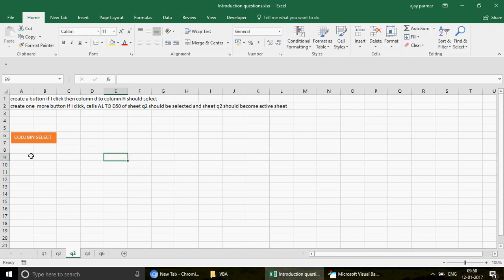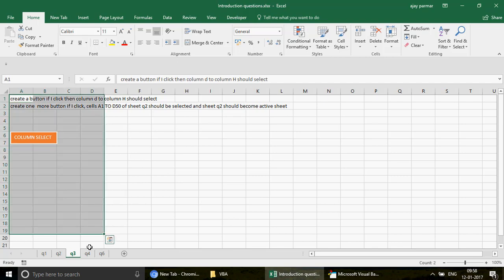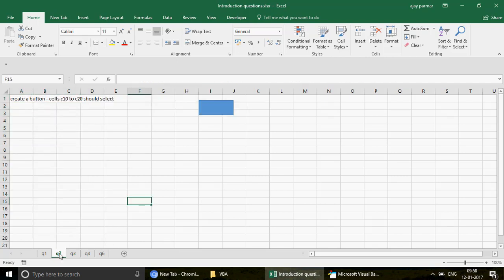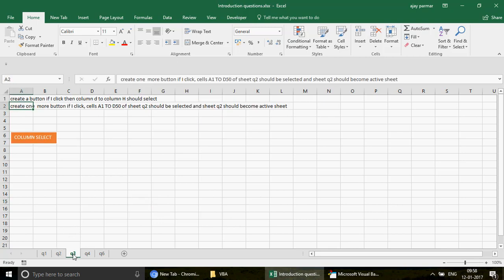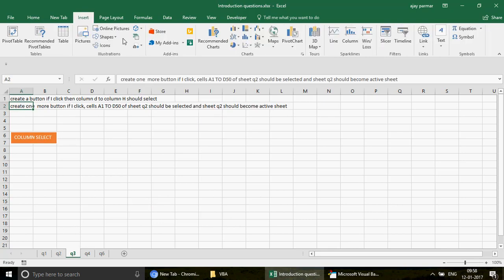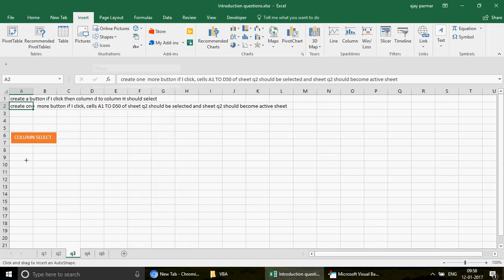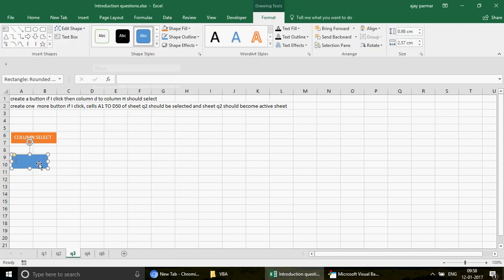Now the second macro is that if I click on that, then A1 to D50 should be selected, but that A1 to D50 should not be in this sheet. We are not talking about this. We are talking about actually the Q2 sheet. So we have to first go there. So as usual, let's go and hit on the shapes. Let's create the macro. So I just go and use this shape. I create it like that, and here I just write